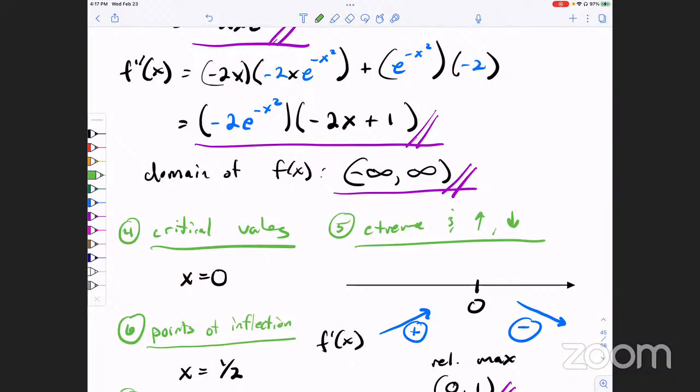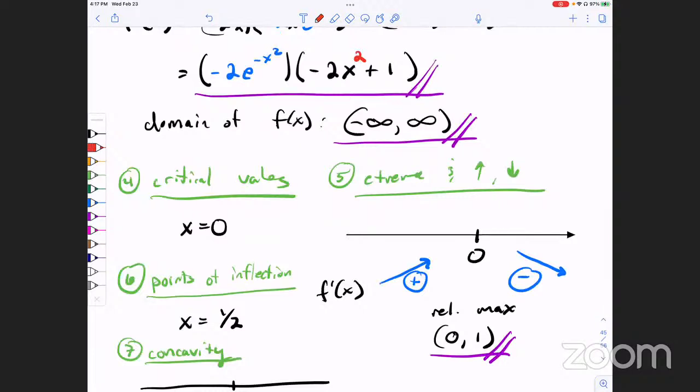Oh, I think I found it. Right here. I knew it was something. Something was off. Okay, right here, we factored out this negative 2 and this blue guy. We captured one of the x's, and I think we missed the other x. So this was really supposed to be negative 2x squared for the second derivative, right? So then if we set that to 0 and solve, we'll have